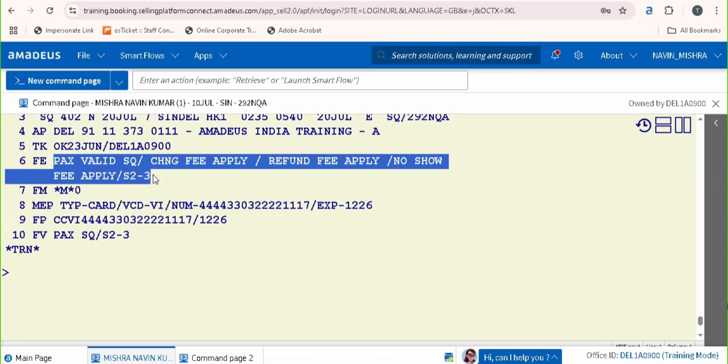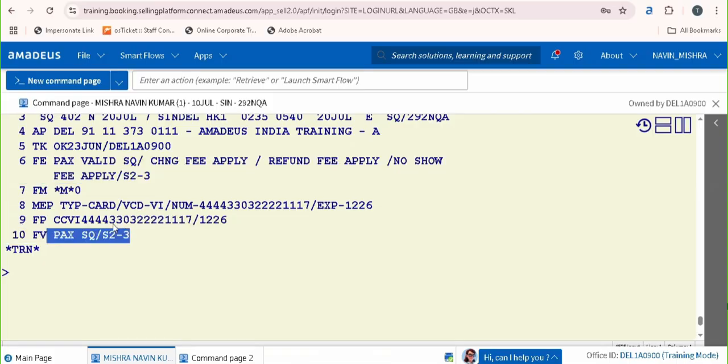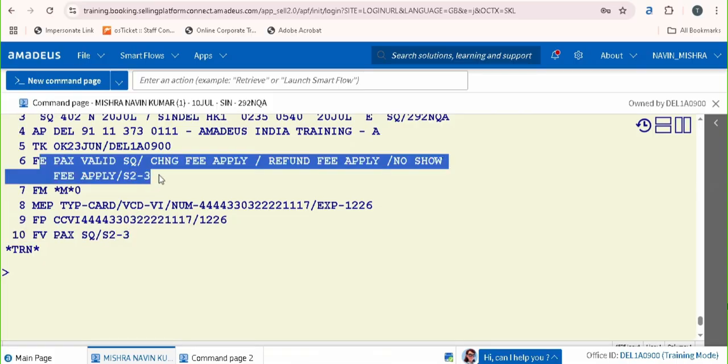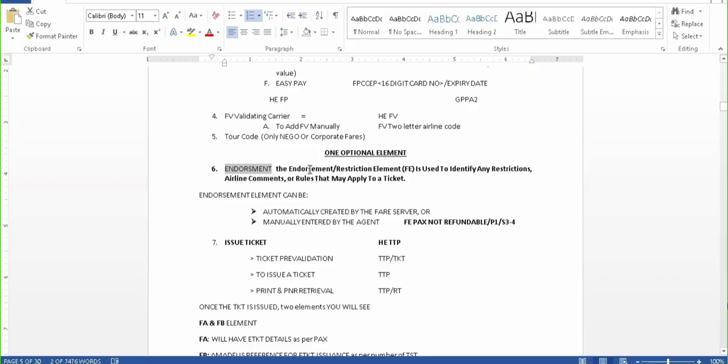How is this line added? At the time of TST creation, the system will automatically pick the FV and the FE element. And the endorsement element is used to identify any restrictions, airline comments or rules that may apply to the